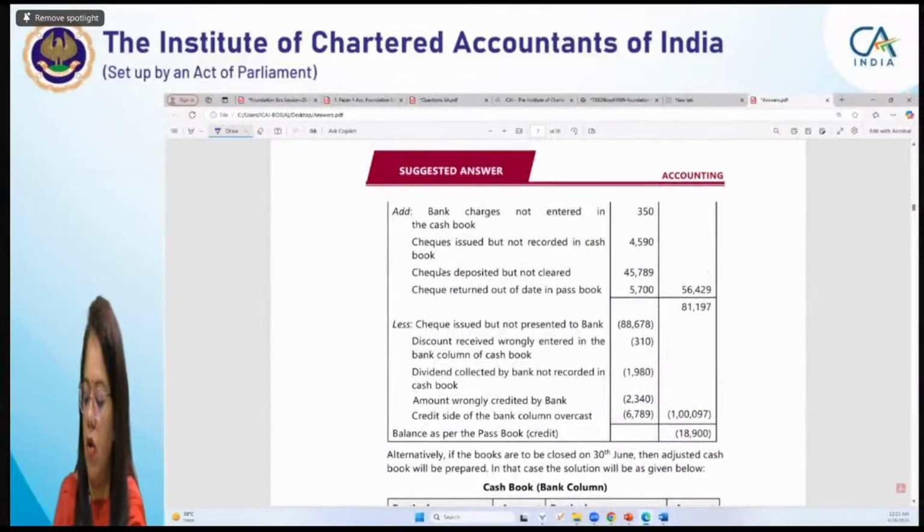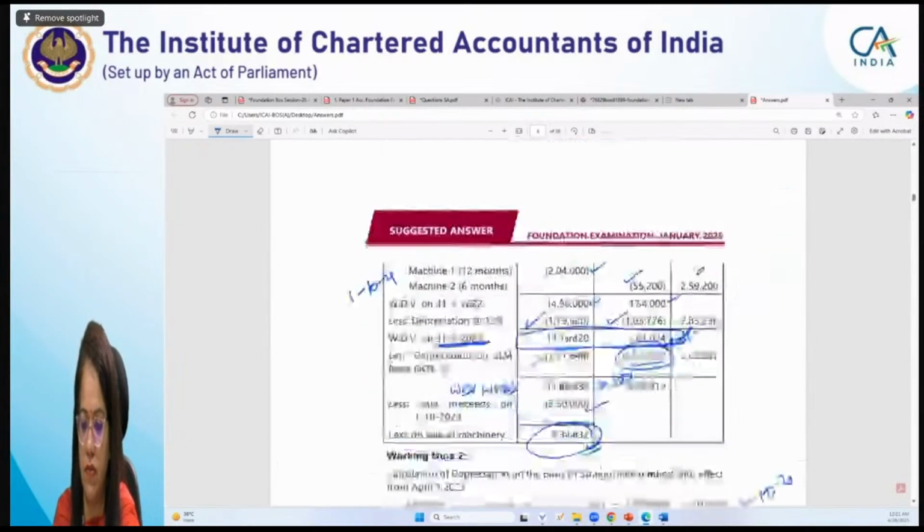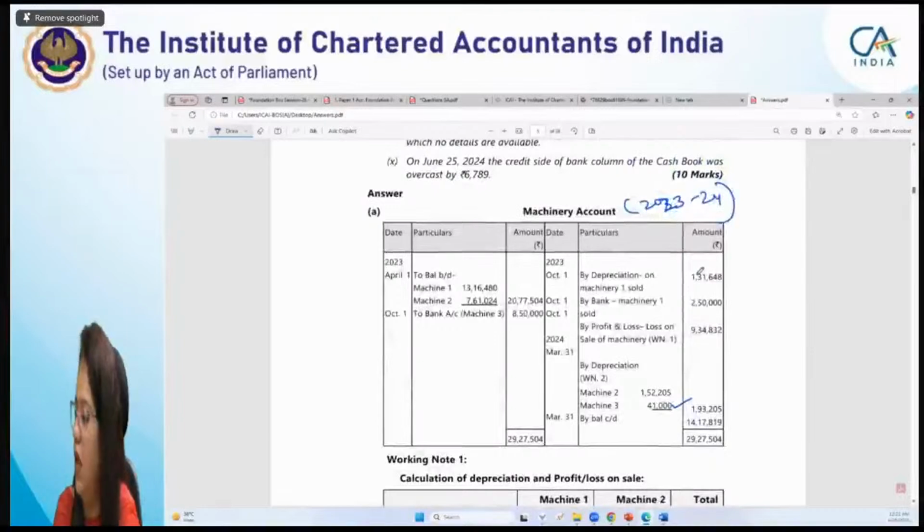See, the alternate is given if a student prepare using the एडजस्टेड कैश बुक, तो हम ये कैश बुक बना के भी सॉल्व कर सकते हैं ये क्वेश्चन को। ऑल राइट, एडजस्टेड कैश बुक बना के भी सॉल्व किया जा सकता है ये क्वेश्चन। एनी क्वेरी, इफ यू वांट टू आस्क यू कैन आस्क एनी क्वेरी।